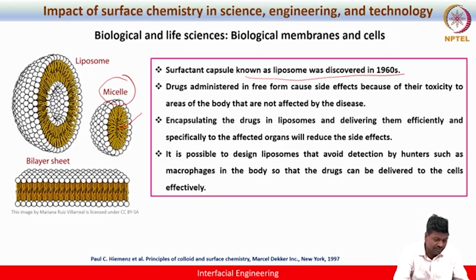Now, if I look at this structure, it has a unique way of encapsulating the cargo molecule. The cargo is a vehicle that carries the drug along with it. So liposome can be used as a drug delivery vehicle because it can actually encapsulate the drugs